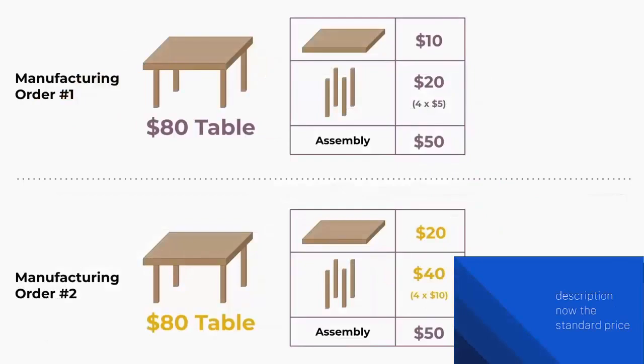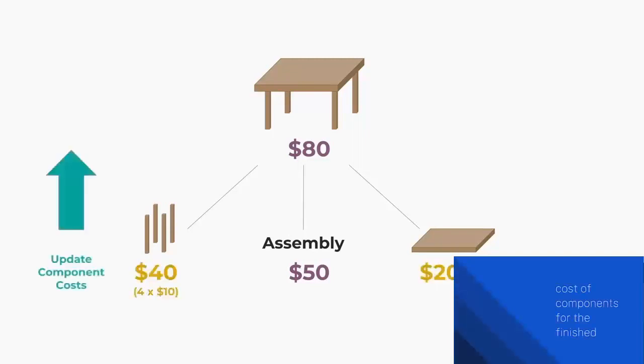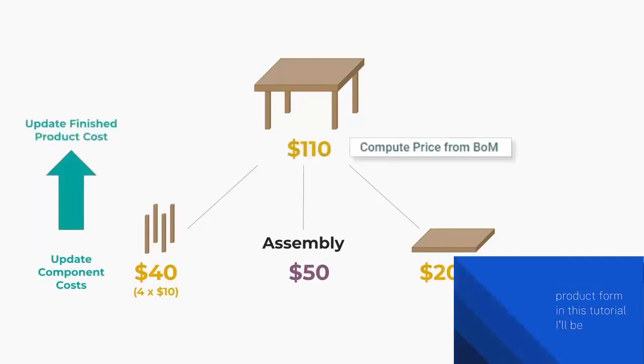The standard price costing method is often used for production planning purposes or in situations where actual costs of goods aren't well defined and an estimate is more appropriate to use. This makes for better management and cost control at a high level. In Odoo, the product cost for standard price comes straight out of the product form. Therefore, the cost of components for the finished product must be updated manually on the product form. In this tutorial, I'll be